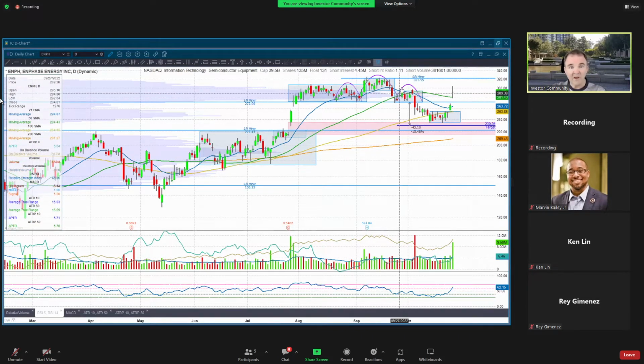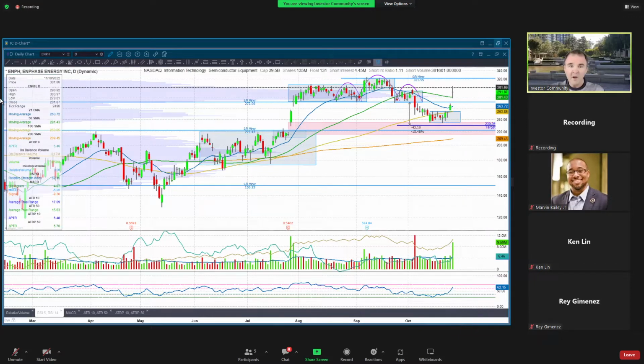And you can see we have that head and shoulders. This pretty much fulfilled its target, right? It came down right to that gap. I mean, this is just a technically beautiful chart. If you're studying or learning technical analysis, study this chart. This thing is a thing of beauty. So yeah, I'll leave you to do that on your own.